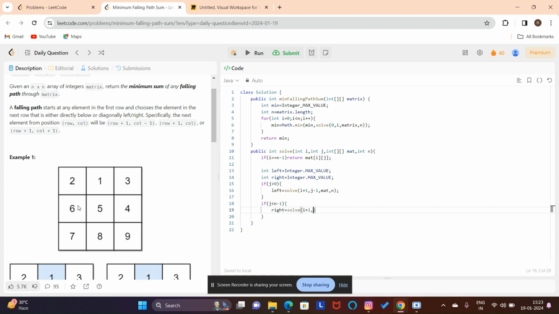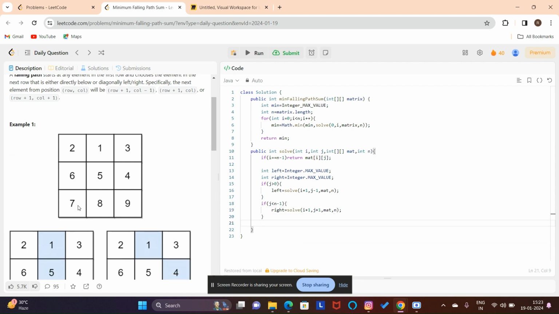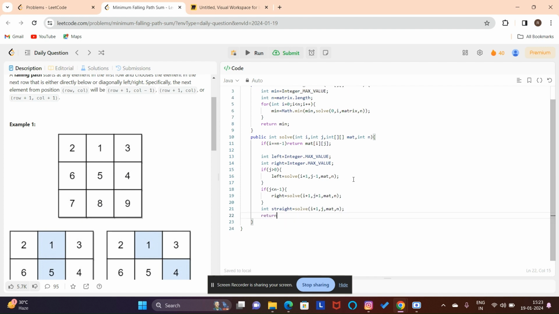Solve I plus 1, j plus 1, right? Mat, comma, n, that's it. And what will be the state condition? Int state will be... there is no need of checking that, right? So I plus 1 and j, right? So from here to go here, we have to increase our row and we have to keep the column the same. And now at last we need to return the